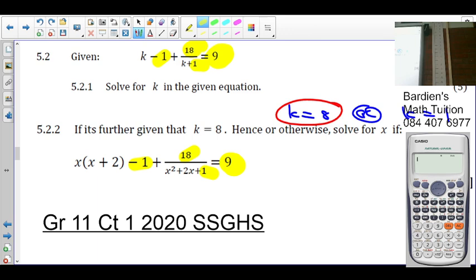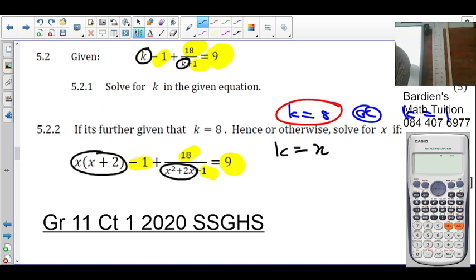So what we can notice at this point is that K is in actual fact equal to x squared plus 2x. Can you see that? So if K is equal to x squared plus 2x,